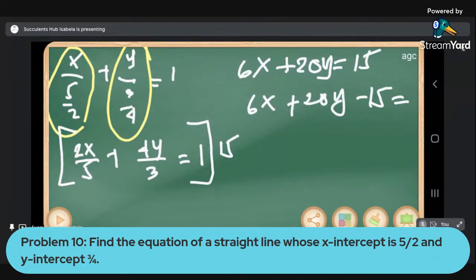Thank you, by the way, kay Christina and Ronaline for participating. So Ronaline also got the correct answer. So you have 6x plus 20y minus 15 is equal to 0. Okay, that's good work, Christina and Ronaline. Okay, so the next problem will be